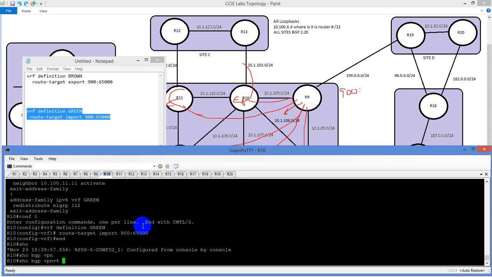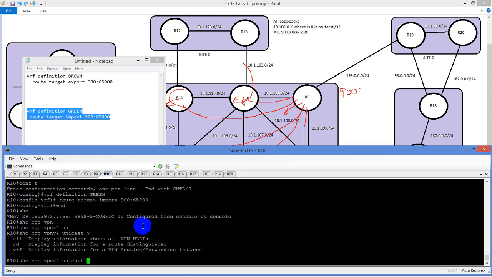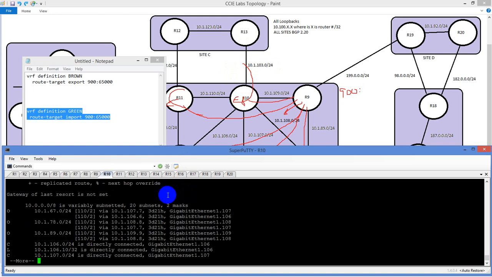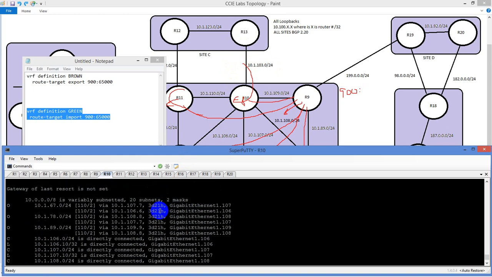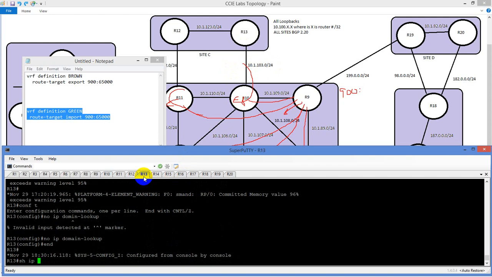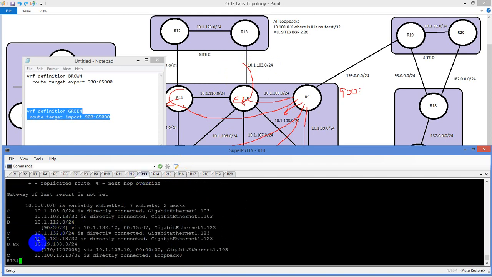So now, if we were to go to show BGP VPNv4 unicast VRF green. Okay, so we are getting routes, which is good. But see, it's coming from these guys. So if we were to actually go, let's do a show IP route real quick. We're not learning anything from BGP. Oh no, I'm sorry. It wouldn't be 10. We'd be learning it from 13. So show IP route, and we're getting, right here,